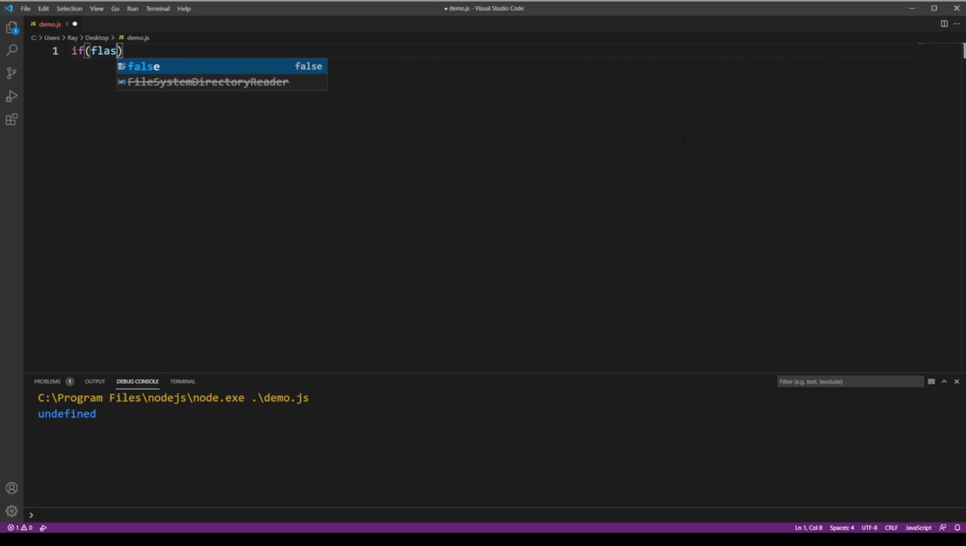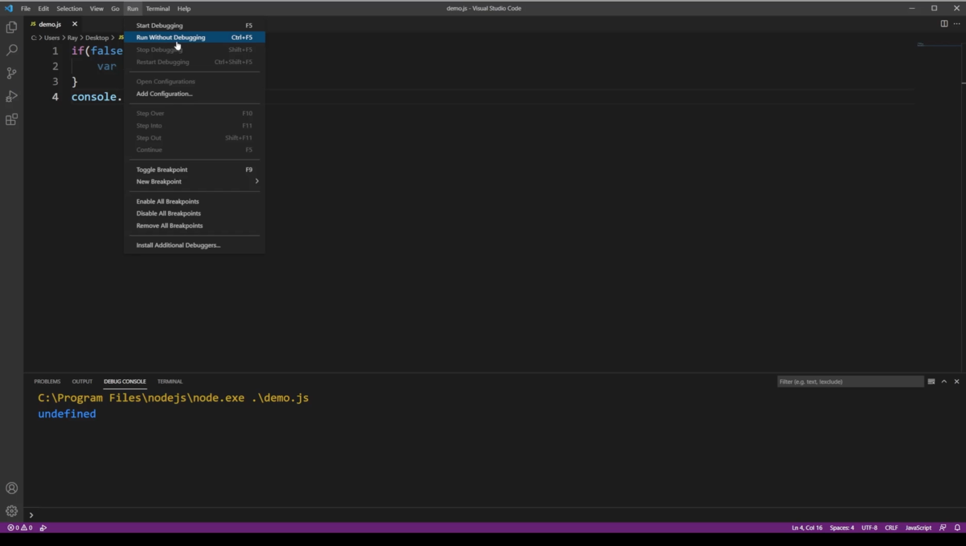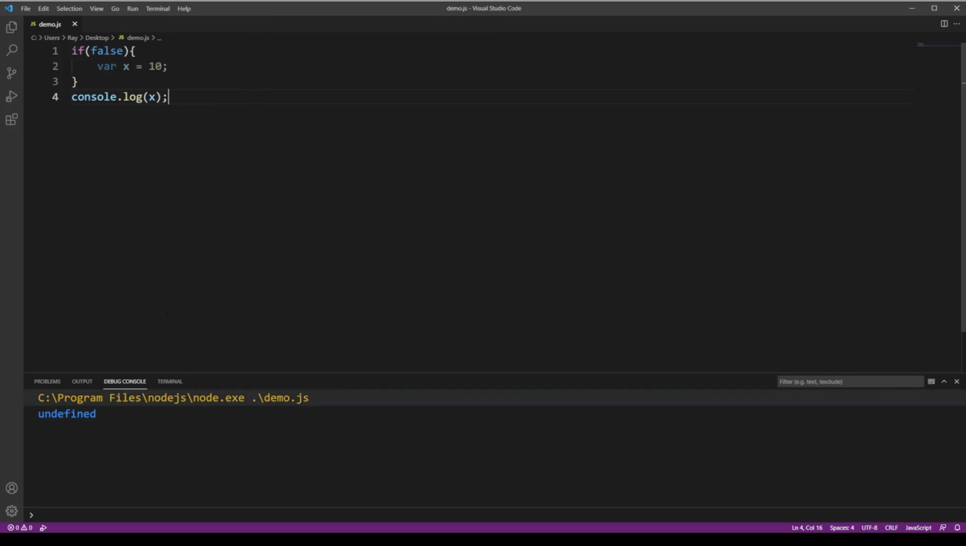Consider the following code. So we have something like if false. So this will never execute. But if I run this, then we still get the undefined statements because that var is hoisted up here. Okay, so function scope is also something that, in my opinion,